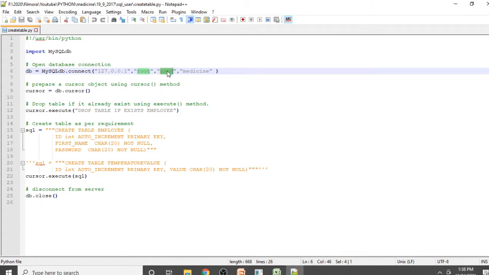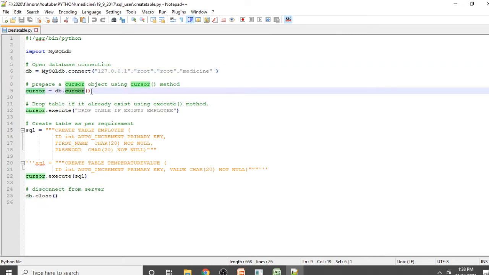It depends on the setting that you did when you created the MySQL server. Then we have to pass the database name. We have already created the database, that is medicine. So in MySQL connect we pass the IP address, the MySQL name, the MySQL password, and the database name that we have to use.